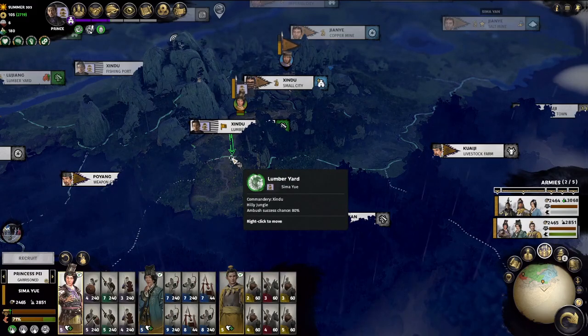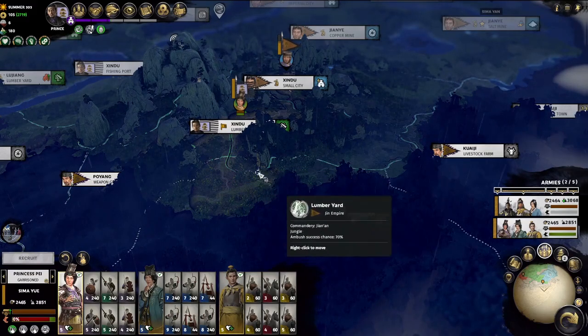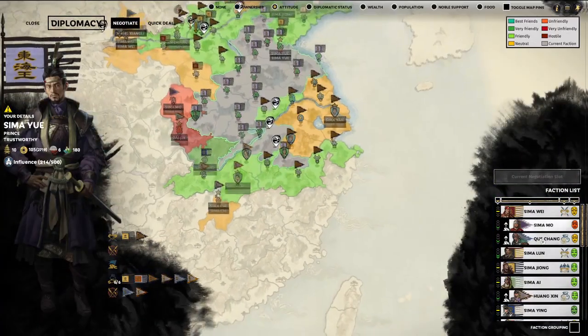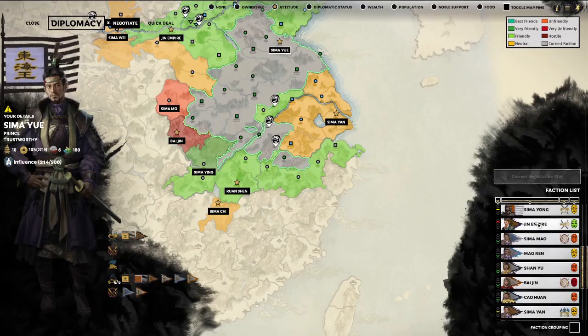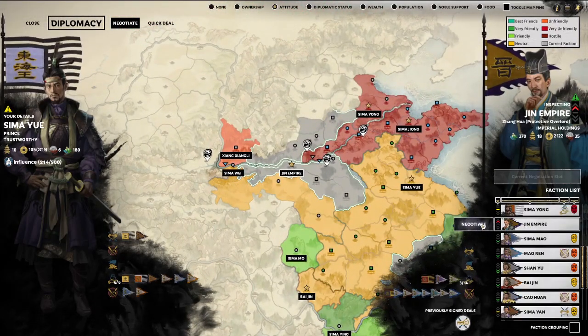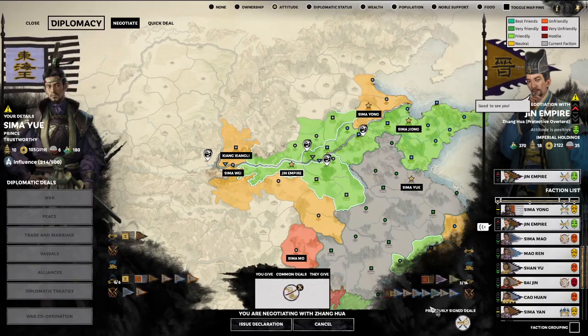Everybody seems to be... Hold on. Before we move her, let's check our diplomacy with the Jin Empire. We have military access. So...